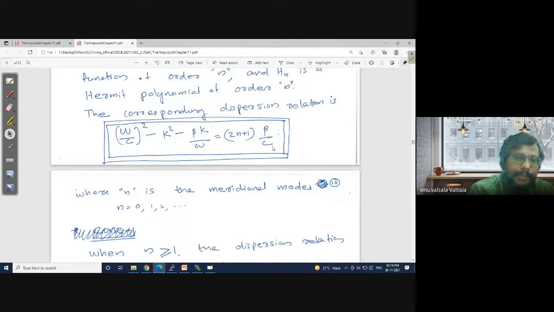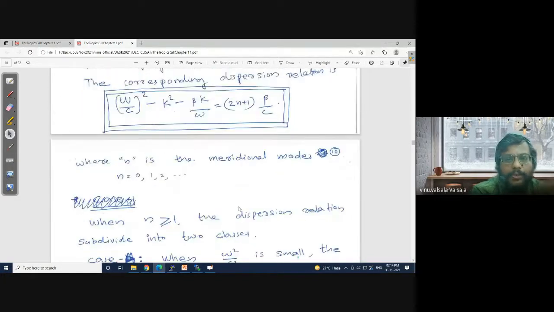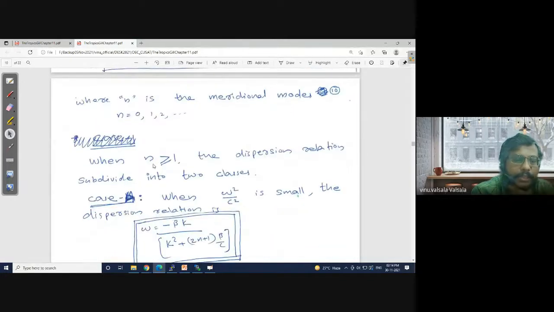Another thing that comes in is some mode number. We can call them meridional modes. They are discrete values, okay? They are not floating values like 0.1, 0.2. They are either -1, 0, 1, 2, 3. These are a special property of the Hermite polynomials, how the oscillatory system behaves, which you can read in any mathematical book. Now, we are going to split the situation into a few combinations.